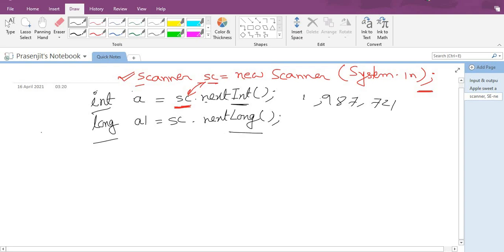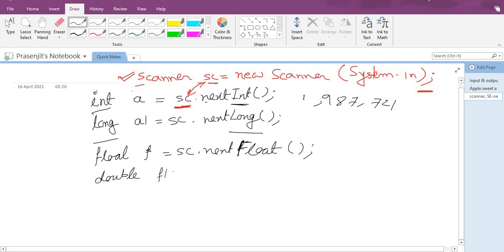Okay, next we are storing the variable float. Suppose f is equal to sc dot next float, F capital. Next is double. F1 is equal to sc dot next double.